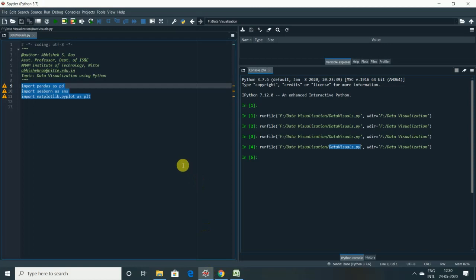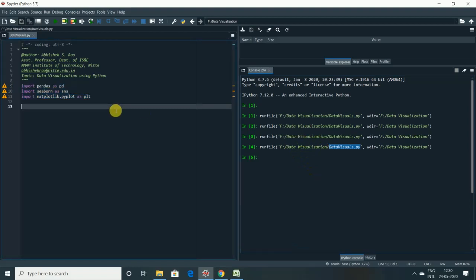So now it's time to upload our dataset. As we can see, we have already set the working directory. We do it using the pandas library: pd.read_csv, with automobile.csv, and we store it in a variable called auto.